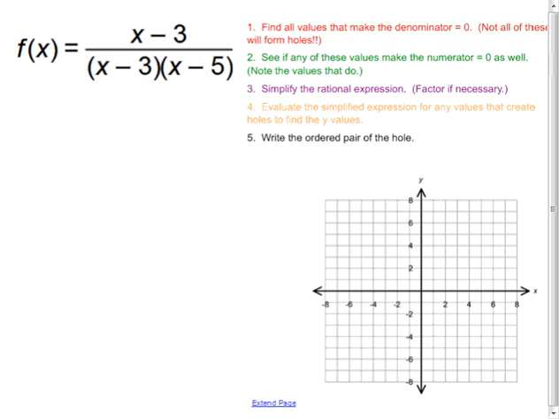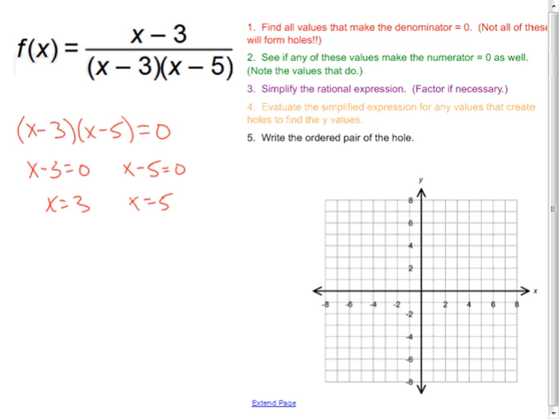Okay, so step 1, I'll do in red. Find all the values that make the denominator equal to 0. Well, you see here I have f of x equals x minus 3 over x minus 3 times x minus 5. So I'll set the denominator equal to 0. Now, if you're not great at algebra and you're thinking this, don't FOIL this out and start to solve it. If you do, you've got to do the quadratic formula. Go right to the zero product property, which you should be a pro at by now. x minus 3 equals 0, x minus 5 equals 0. So x is 3 and x equals 5. These are the two values that make the